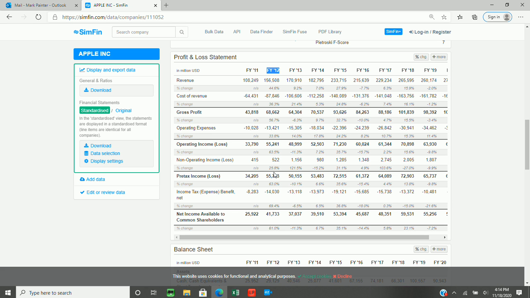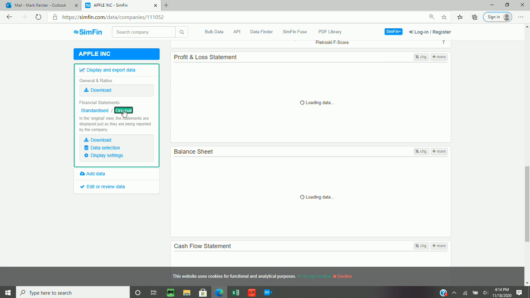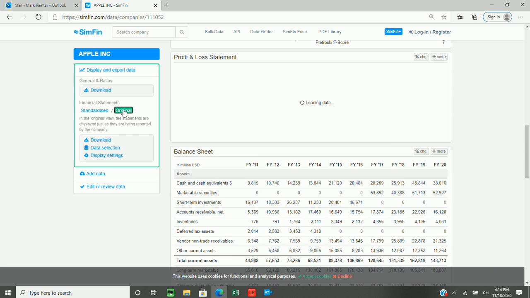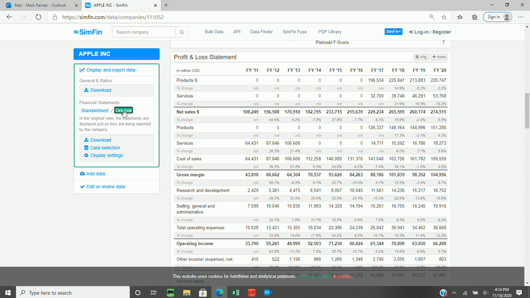Now, this is the standardized version. If you come over here to this side, you can get the standardized version. Also, if you click this, and it'll take a second to load up, it actually gives you the original data. And if you notice here, you'll get a lot more detailed information once you get this original data. And one thing that's important, especially for a company like Apple, is it breaks out